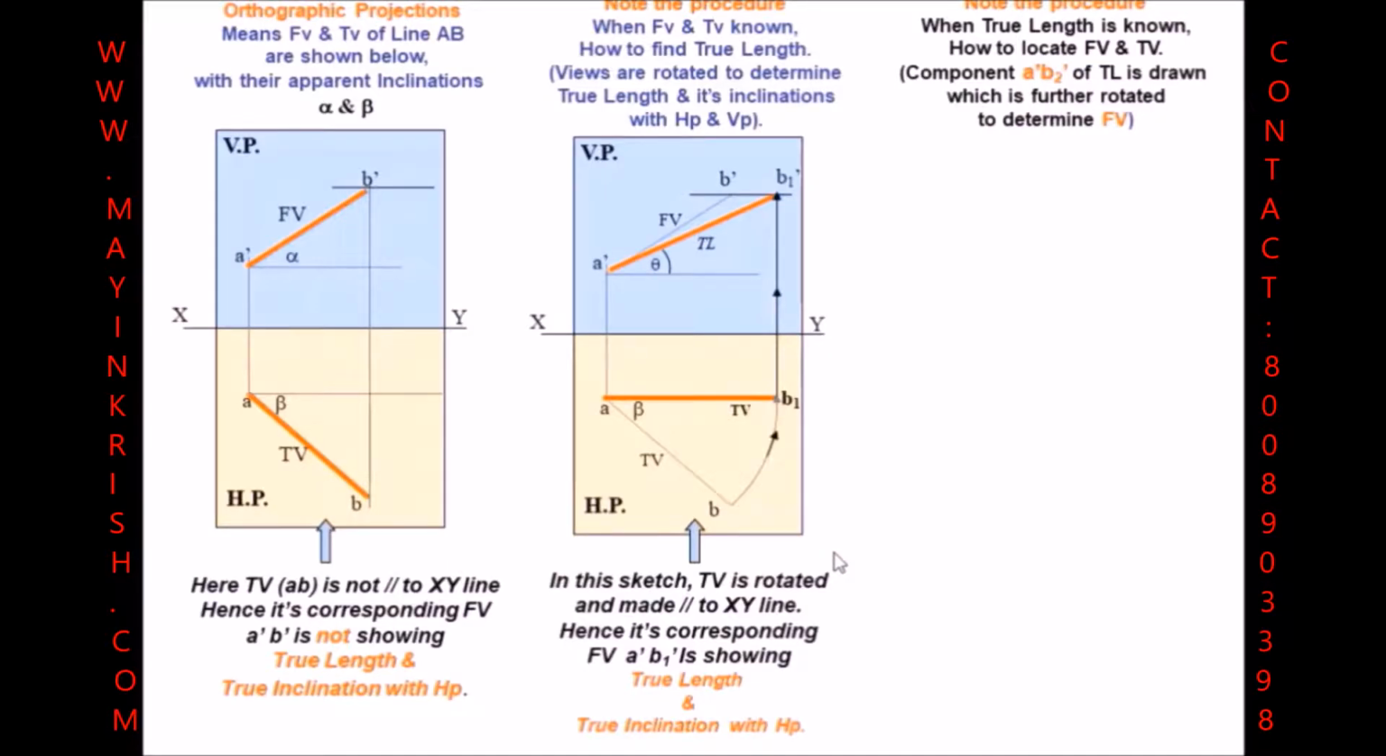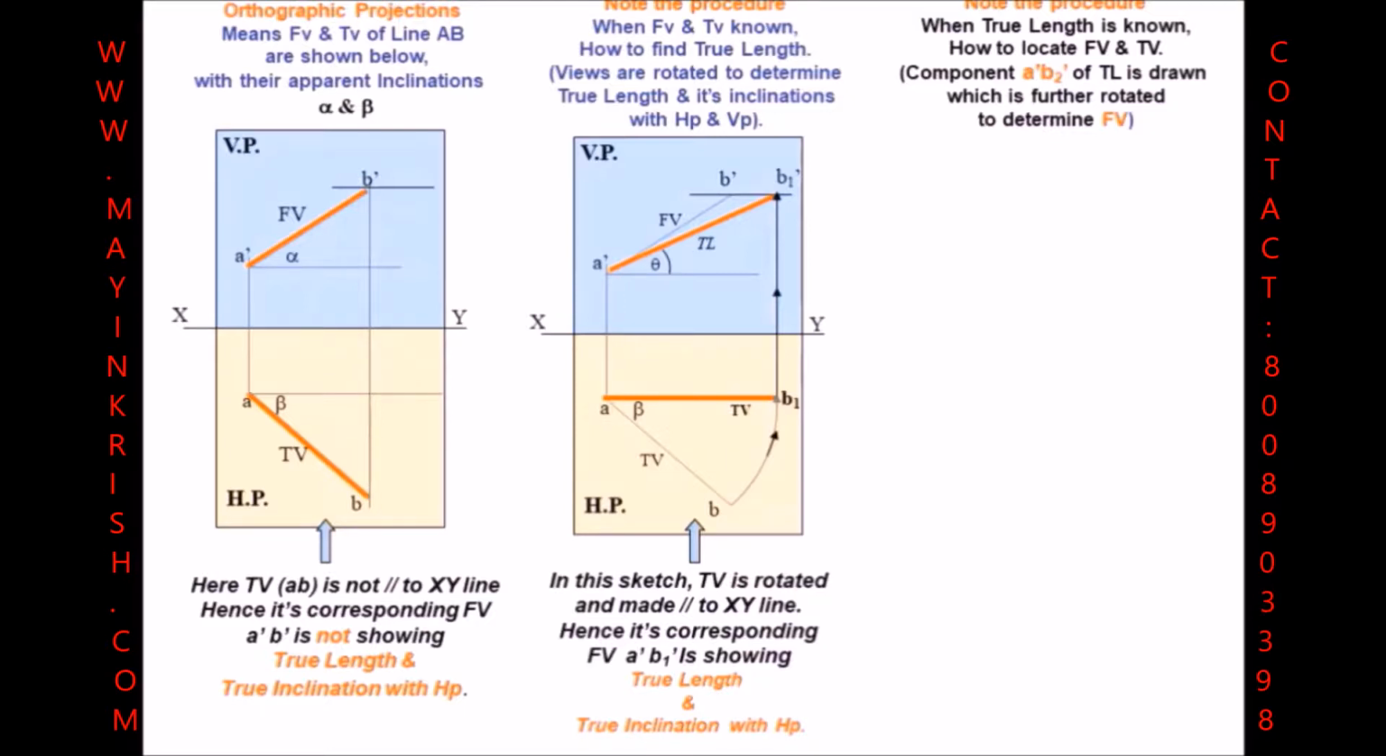Hi guys, today we are going to define a line which is inclined to both the planes. In the last videos, we defined a line in different orientations, in the sense of parallel to a plane, perpendicular to a plane, and inclined to any one of the planes. But now, we are going to define a line which is inclined to both the planes, which is also known